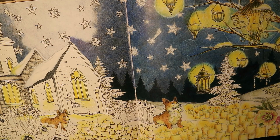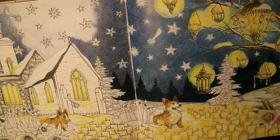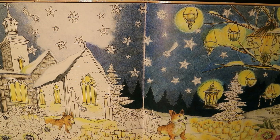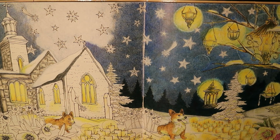And probably one of the biggest things that's intimidating is the stars in the sky, and then all of this light stuff where you're trying to make a glow and you're trying to make them look like candles and things. So if you look around the candles and around the lanterns and even up in the sky, there's a lot of circles that she has drawn in. And these circles were really, really intimidating me. And I understand what she's trying to do, it's like a sparkle, it's like snow, it's kind of like that bokeh feel. And I've done bokeh before, but by drawing the actual circle in,